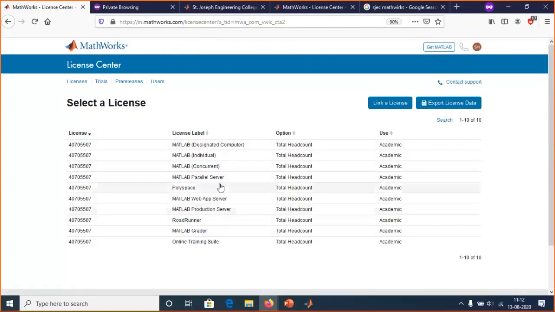So using these licenses, you can set up multiple labs for however many departments you want across your college, and each individual also gets access to MATLAB, even for their personal systems, not only for the college systems. All the individuals can get associated to a license for their personal systems as well. You can also set up an infrastructure for parallel server where you can run high performance computing. If you're working on a big project and you want to execute it, you can set up parallel servers,